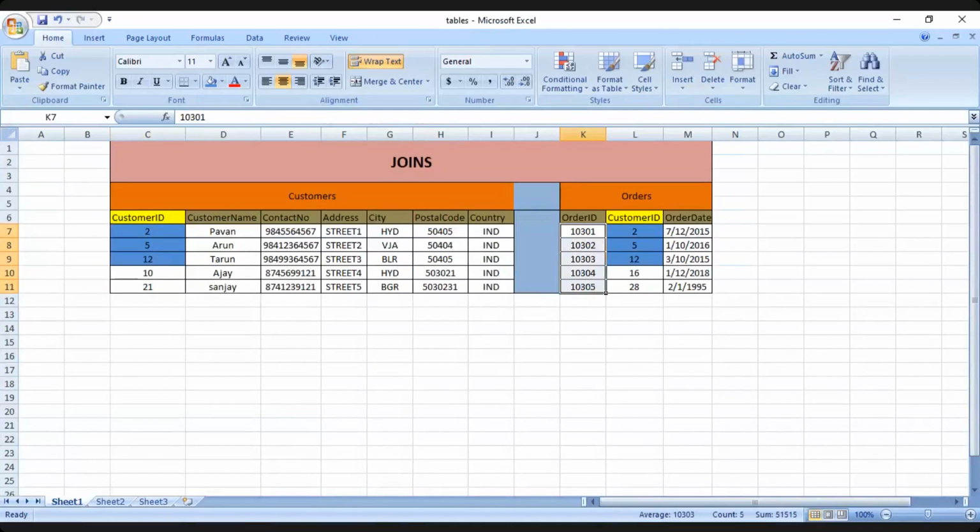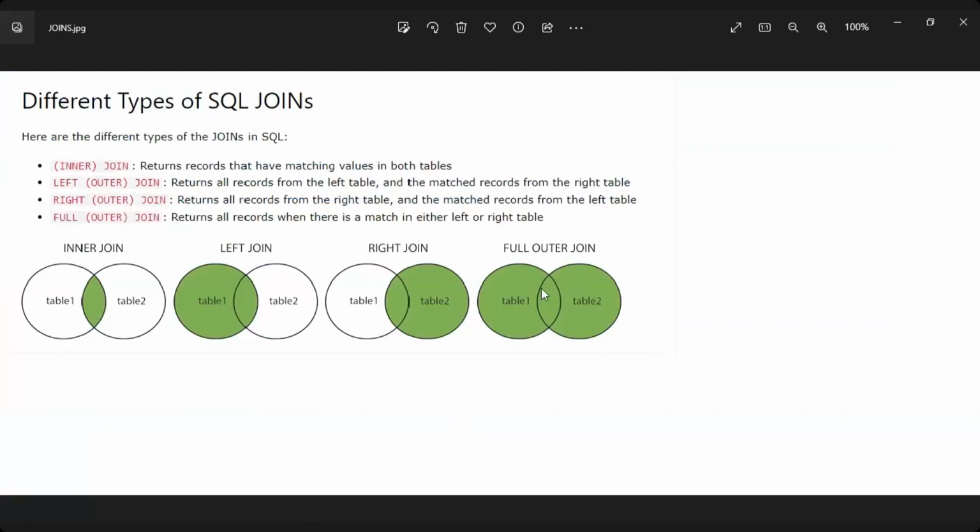Now, the last one we are going to talk about is full outer join. Full outer join means you will display the records from table 1 and table 2, but there should be at least a match between these two tables. Whenever there is a match, it will display all the records from both the tables. So how